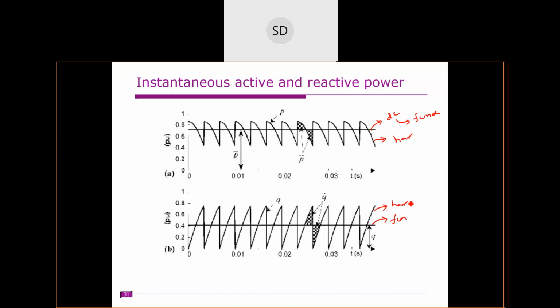Based on that, there are two different control schemes: the direct control scheme and the indirect control scheme. In the direct control scheme, we directly sense the DSTATCOM currents and directly control them. That means the reference currents are generated for the DSTATCOM. In the indirect case, the reference currents are generated for the supply. That is the main difference. Performance-wise, there is not much change whether it's direct or indirect. In most cases we prefer the direct one.